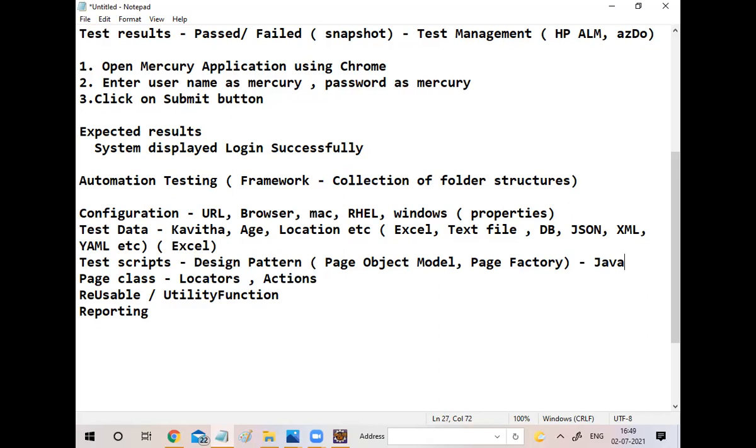You can use any number of languages: Java, C#, Python, JS, Perl script. Selenium supports many different languages. For the time being, your project is using Java. What about this page object class? The page class can also be created with the help of Java.